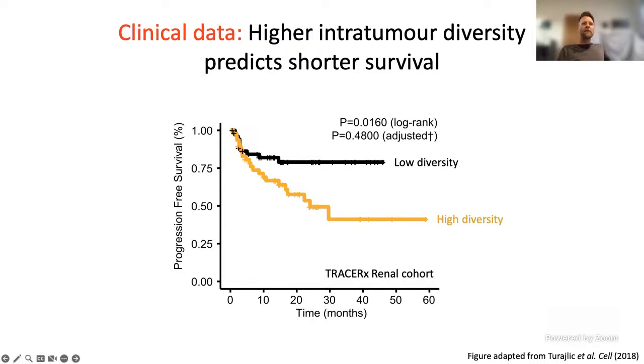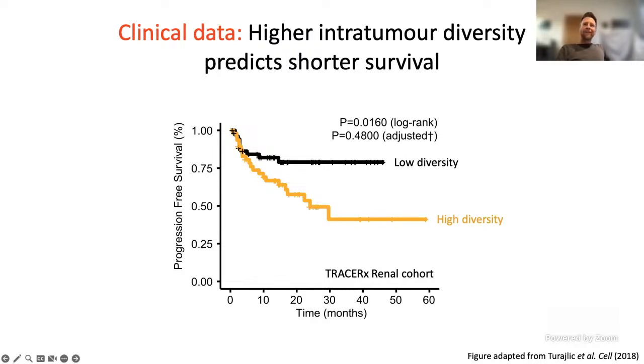And what they found, this is a survival plot. So the steeper these curves go down, the worse it is, because every drop of this curve corresponds to a patient progressing either to more advanced cancer or to dying. So this is called progression-free survival. At the beginning, the whole cohort is treated, and then we follow them over time. The TRACERx consortium followed them to see how they survived. And what you can see is that the high diversity cohort, those with more heterogeneous tumors, survived less well. They had shorter predicted survival times.